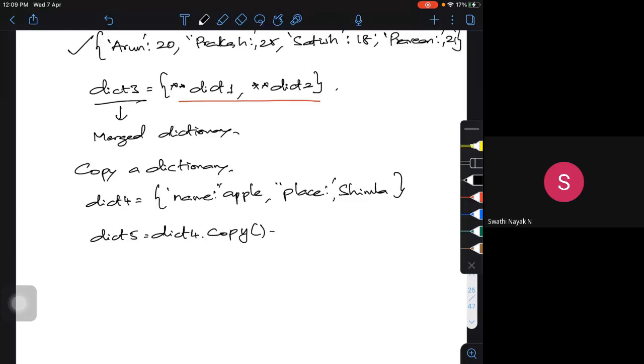If I want to look into all such data, we create one dictionary with name and address, another dictionary with his email ID and the company where he is working, and so on. Now we try to combine one into the other. For such situations, this kind of copying and updating will come into the picture.